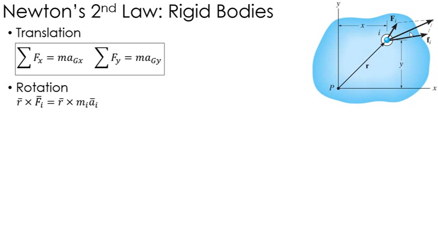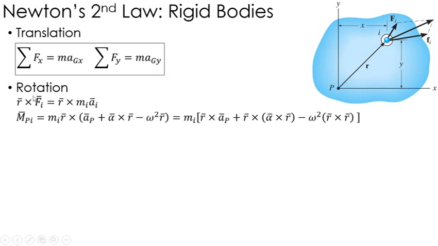So basically, I just take r cross Newton's second law. So I have r cross F equals r cross ma. So that's where I'm starting. I'm looking just at this single particle, and we're going to move on to all the particles as we move through. So r cross F is simply the moment about point P of this particle. Then for this one, I pull out the m, put it with the r, which I can do because m's a scalar, and I'm left with a_i, which is the acceleration of the particle i, and I write that relative to the acceleration of point P, which is what we just went through in the last chapter,